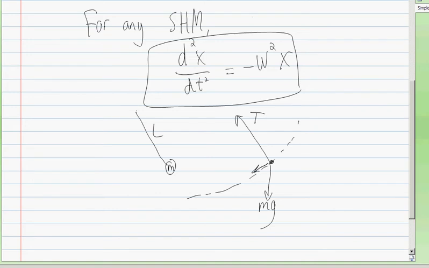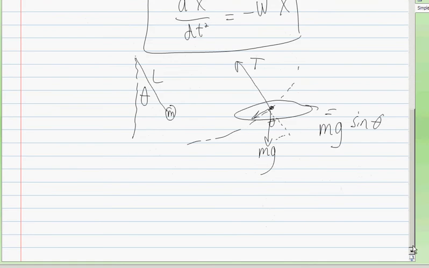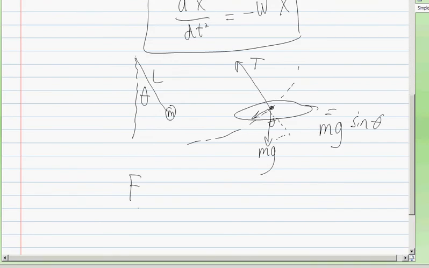If this is the angle that it comes from, this angle here, theta, then when we break this up, this would be the angle theta, which would mean that this component would be mg sine of theta, because it would be along that axis. So the restoring force is going to be mg sine of theta,